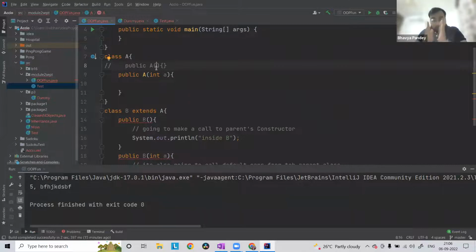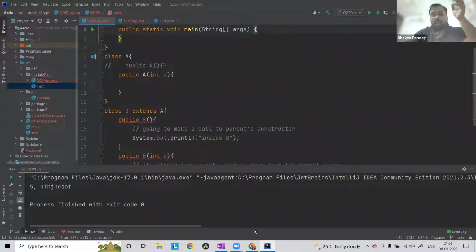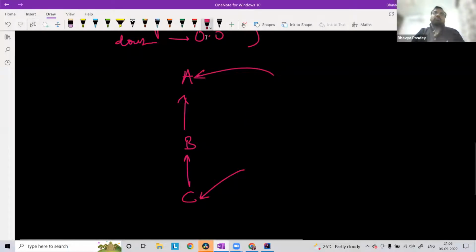Okay. So in summary, all I want to say is when you make an object for the child class, first the order of constructor call is from top to bottom. So if there are 3 classes involved and the picture is something like this, there is class A and B is inheriting from class A, C is inheriting from class B. What's going to happen now is when you make an object for class C, first the constructor for this will be called, then the constructor for